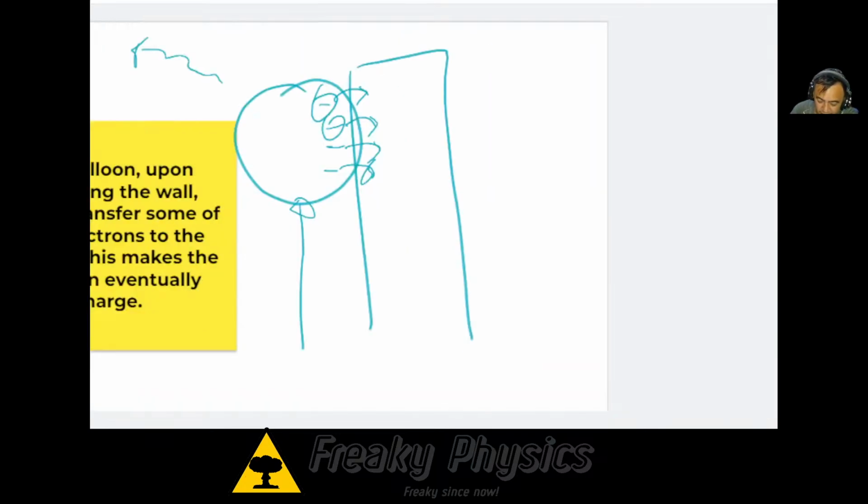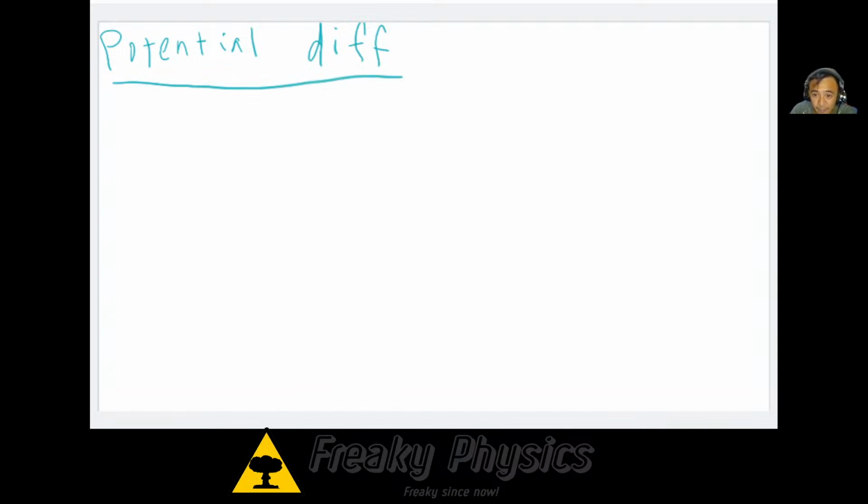I think we'll go straight to the last bit there. The last bit was potential difference, and defining what it is. This time I'm not going to compare it to gravity anymore. I'm going to go straight to the actual electrical bit of it. If you have this big electric charge Q1, whether that's positive or negative doesn't matter, and a small positive charge here, this is our test charge,